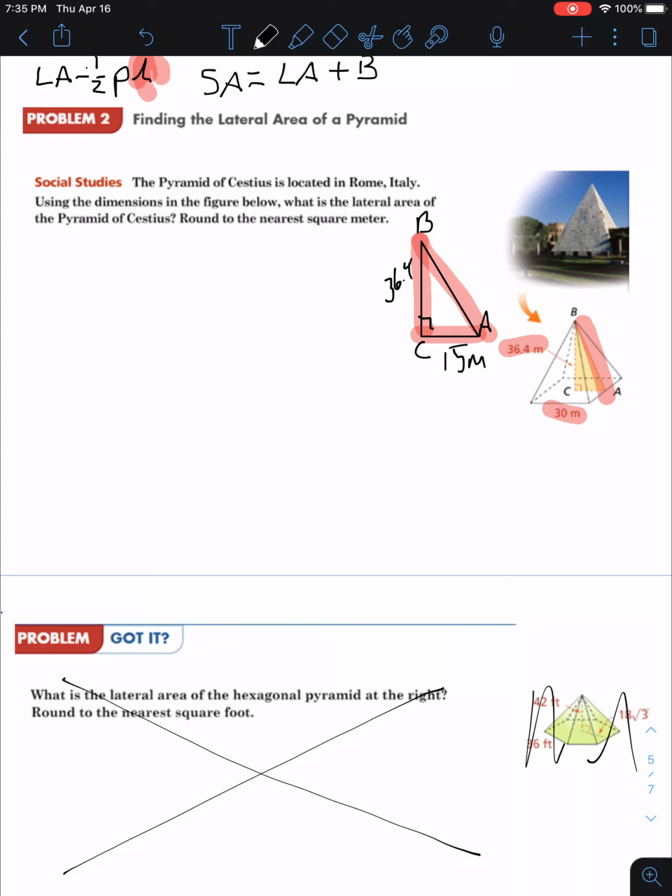Now, if I recall right triangles, using the Pythagorean theorem, a squared plus b squared, short leg squared plus long leg squared, that would be 15 squared plus 36.4 squared equals the hypotenuse, which is BA, but we're going to call that L squared because we want to know what that L is. And L is also BA. Well, we know that 15 squared is 225,